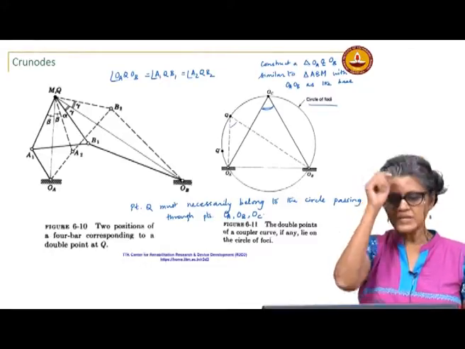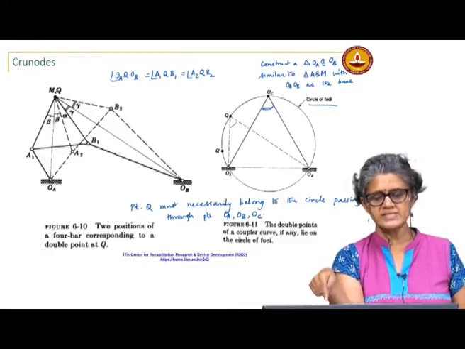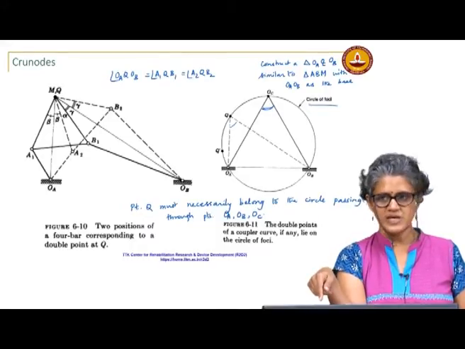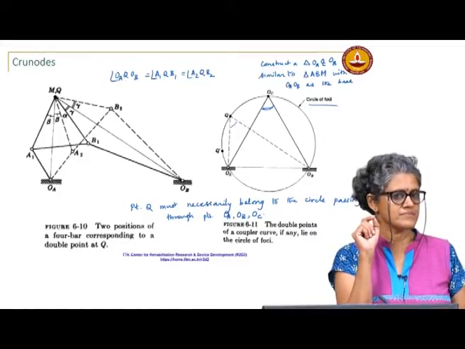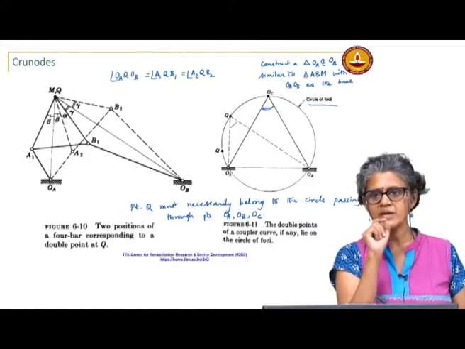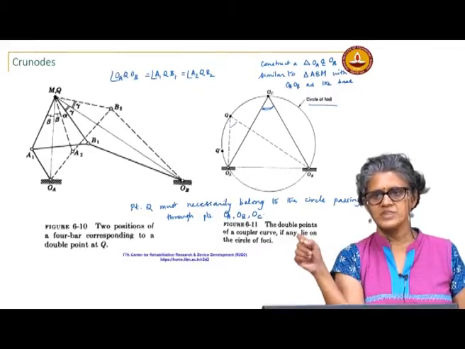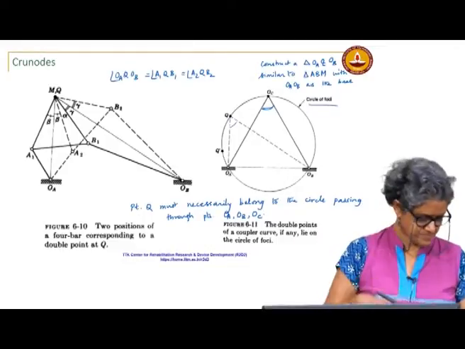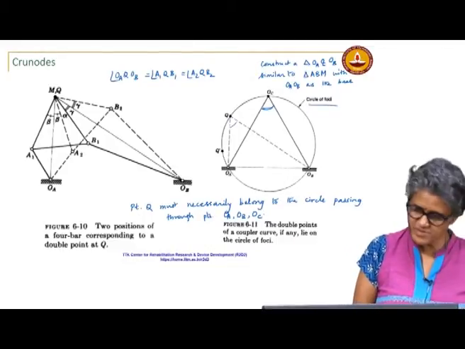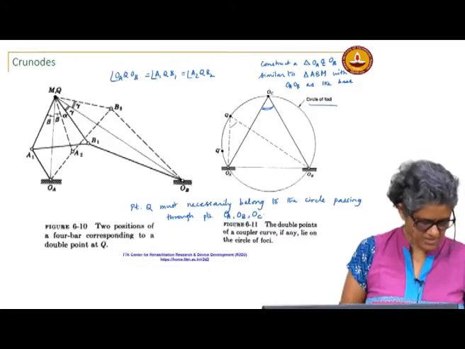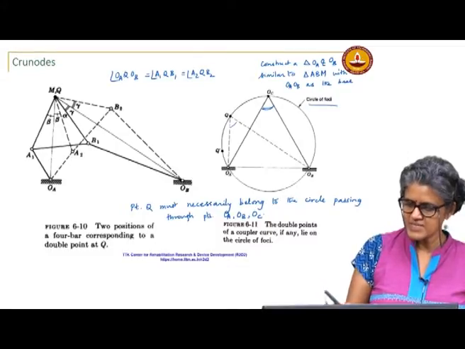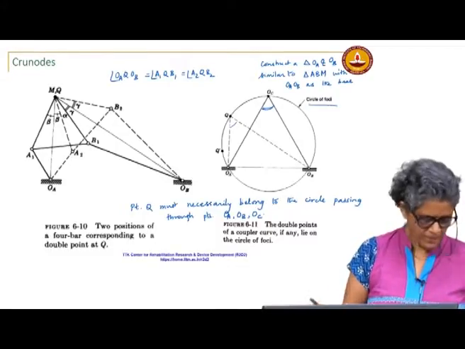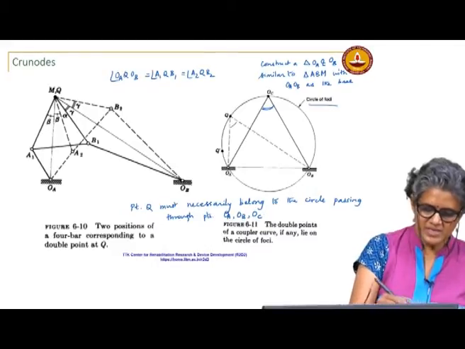So, where the coupler curve intersects the circle of foci, you will have a double point. A double point exists at the intersection of the coupler curve with the circle of foci, the circle of singular foci. It is actually called the circle of singular foci. And the circle of singular foci is essentially the circle passing through something that has the same